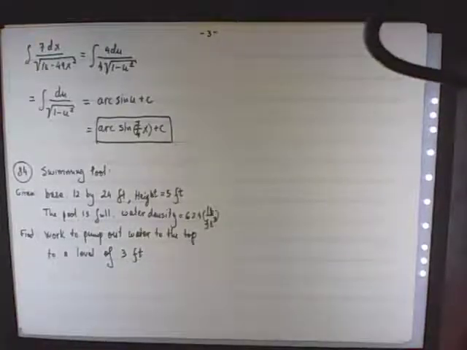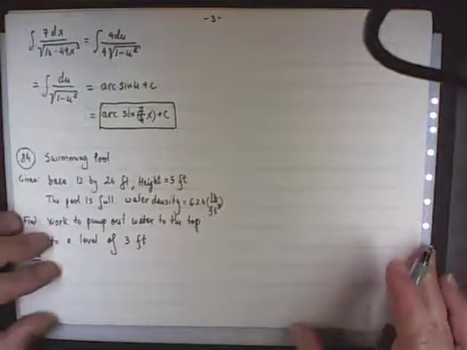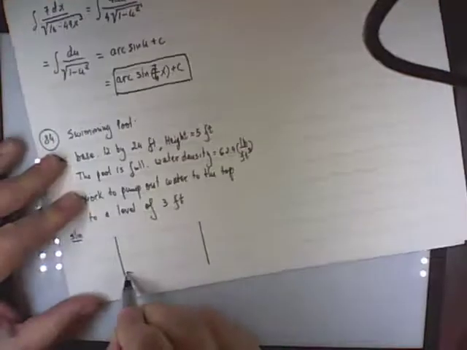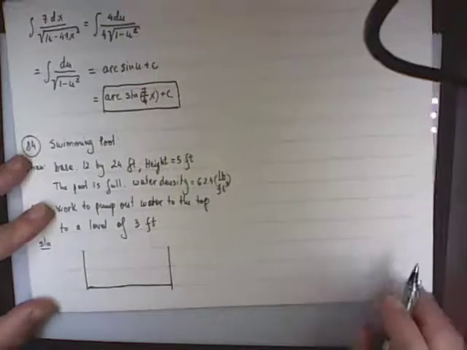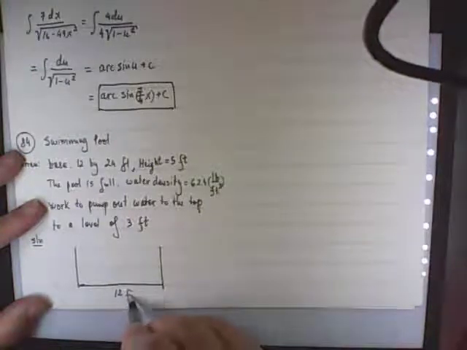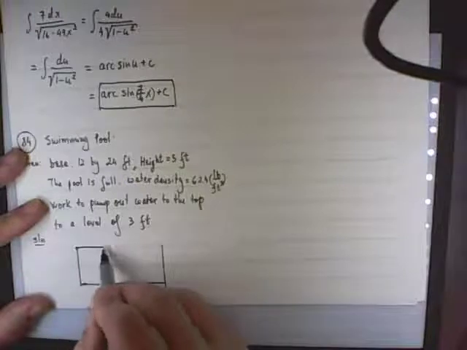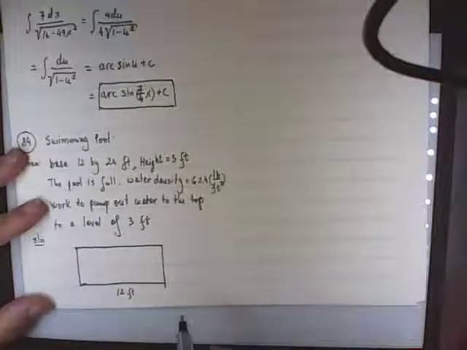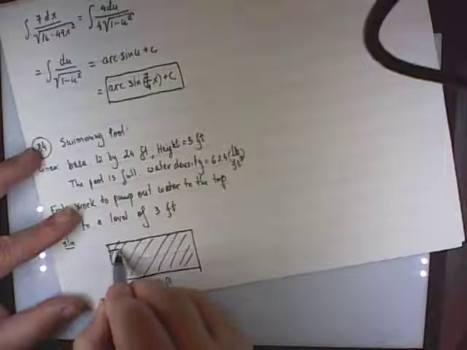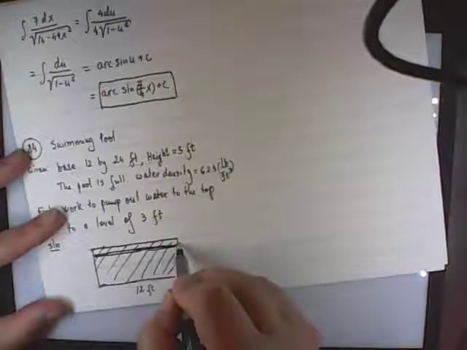Okay, here we need a sketch to solve it, otherwise we'll be lost. We may be lost even if we draw a sketch, but at least it will give us a fighting chance. So I'm looking at the profile of this pool, and I may look at the side that is either 12 feet long or 24. It doesn't matter. For the purpose of this discussion, let's say this is 12 feet, and the other dimension that goes into the wall is 24. The pool is full, and so I need to take a layer of water, like so, and this is the thickness